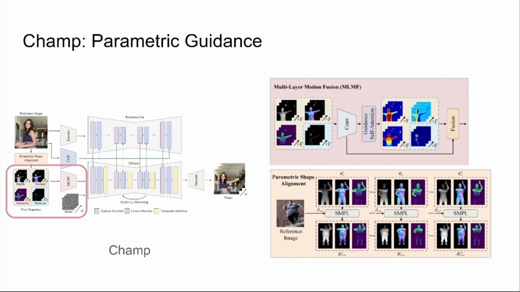So in Champ, what they did is first do this so-called parametric shape alignment. From the reference image, they try to fit a simple model. A simple model is a parametric